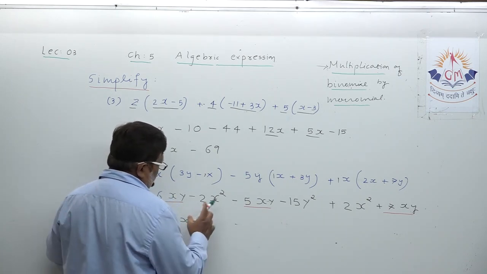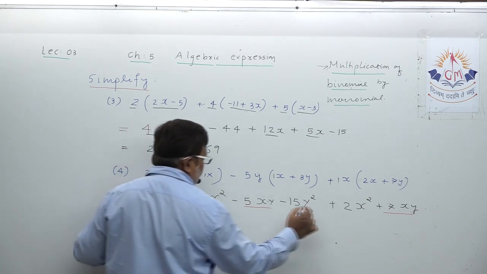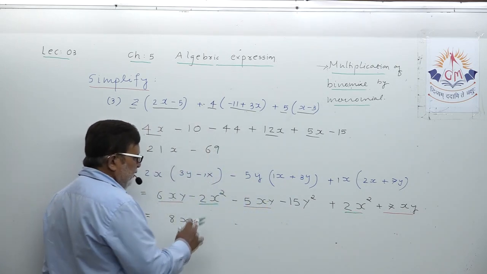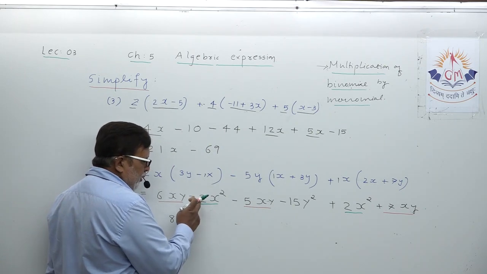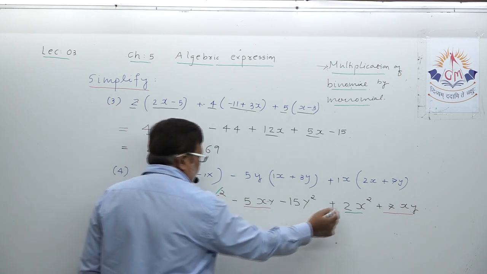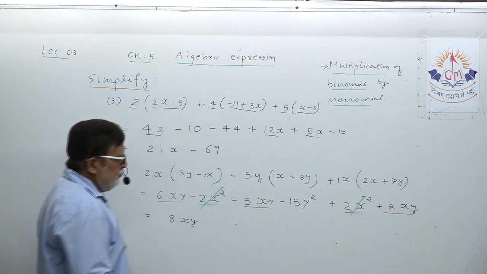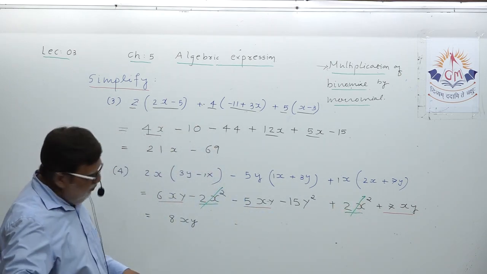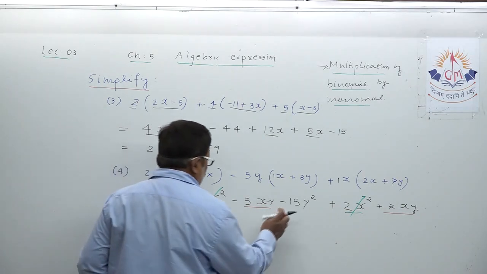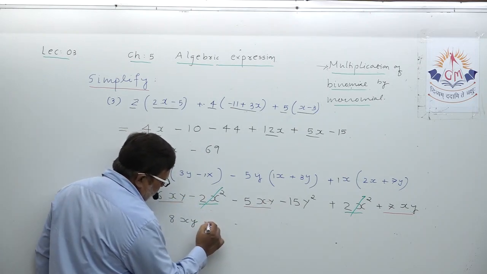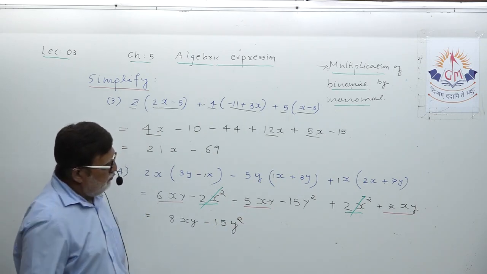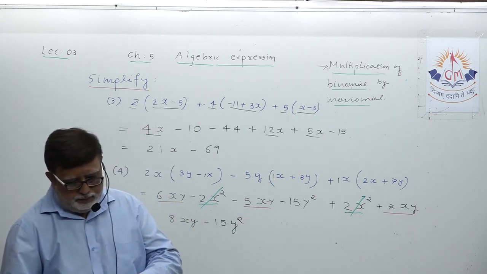Another pair of like terms, let us target, okay. This is minus 2x square and plus 2x square. They are also like terms, and they are equal in magnitude with opposite signs, so they can be easily cancelled. So now only one term is left, and that is alone. There is no other term to make a pair. So just write minus 15y square. The example is over. Okay.